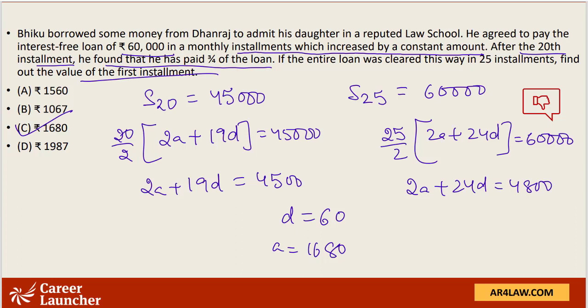But it is very difficult to ascertain that this is a question of arithmetic progression while you're sitting in the exam hall. It might not click. Even if it clicks, it involves lengthy calculation. So I have put this question in the non-doable category. There were much easier questions in the exam.